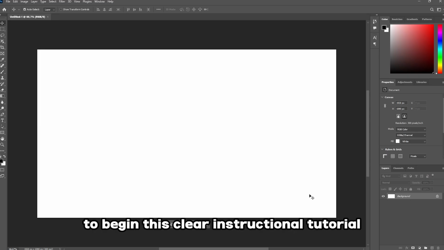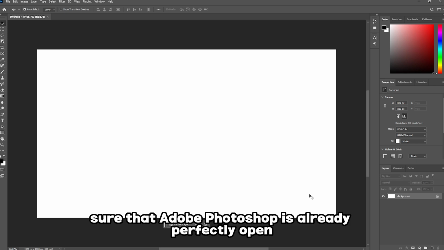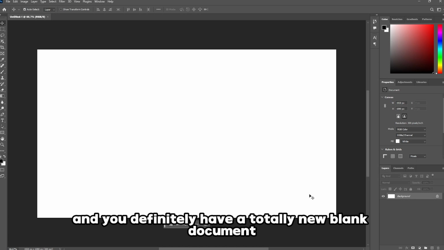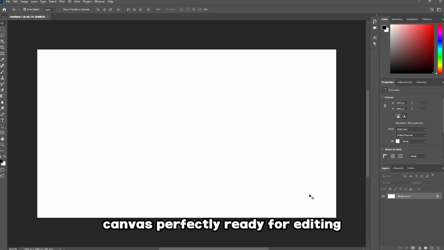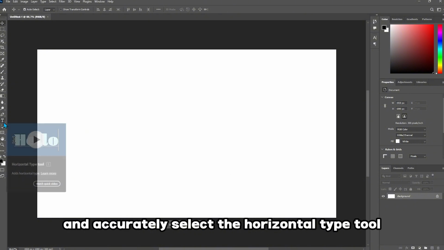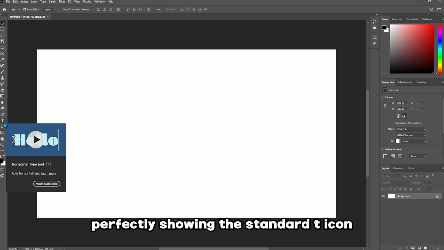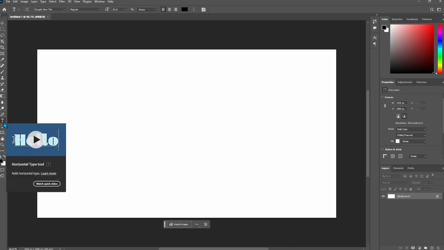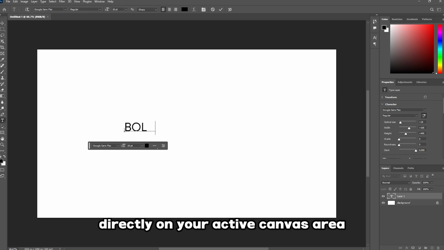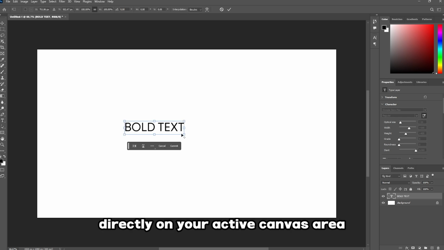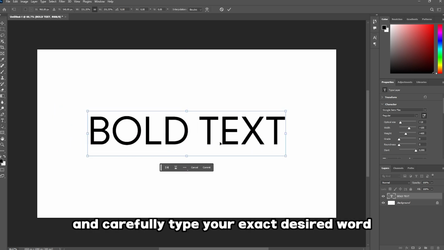To begin this tutorial, please make sure that Adobe Photoshop is already open and you have a new blank document canvas ready for editing. Carefully navigate over to the left toolbar panel and select the horizontal type tool, showing the standard T icon. Click anywhere on your active canvas area and type your desired word or